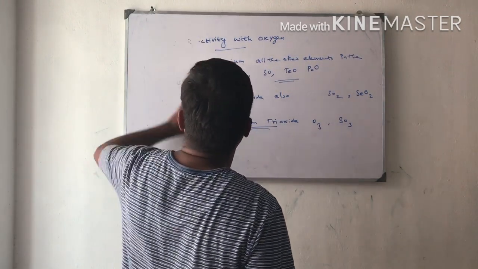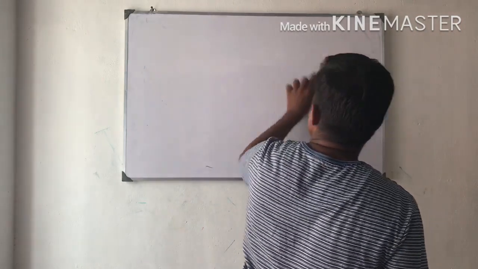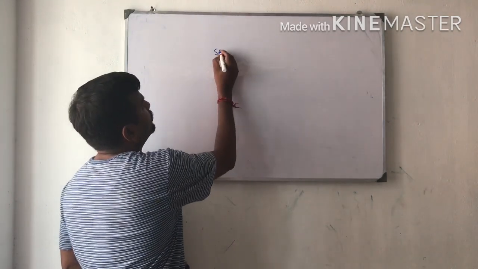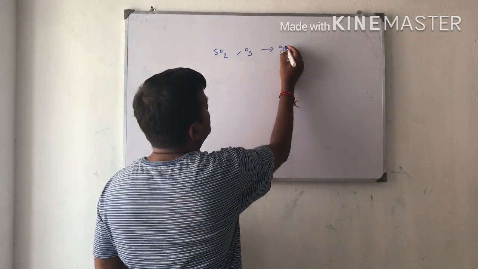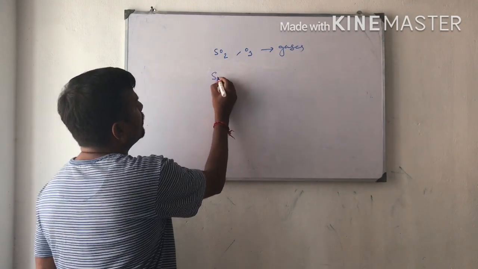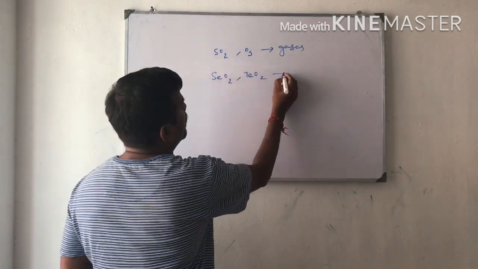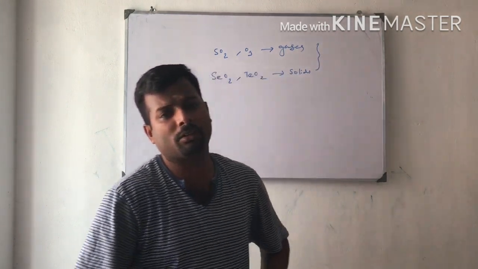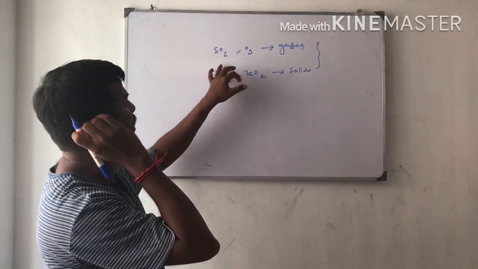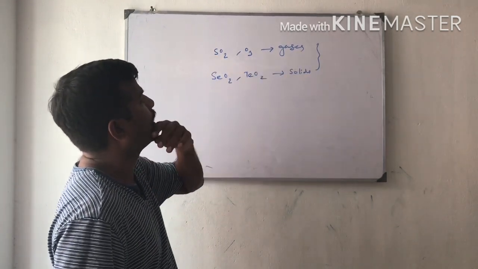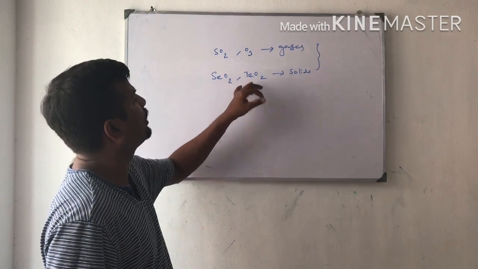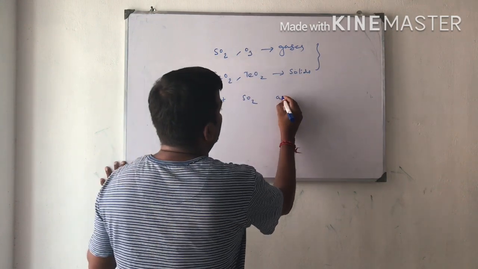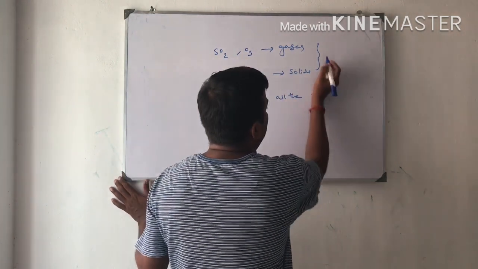Okay, the next one is the sulfur dioxide and ozone. SO2 and O3 are gases, right? Selenium dioxide and tellurium dioxide are solids. This is the nature. Polonium is a radioactive metal, and the sulfur dioxide and ozone are gases. SeO2 and TeO2 are solids, except SO2. All the other